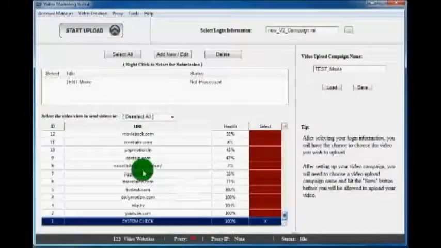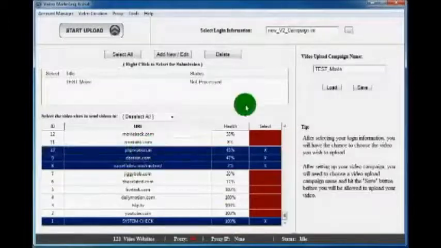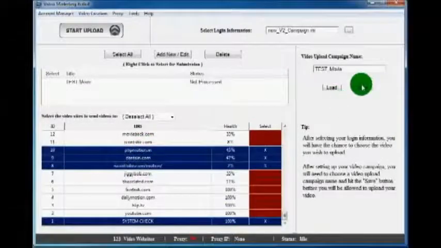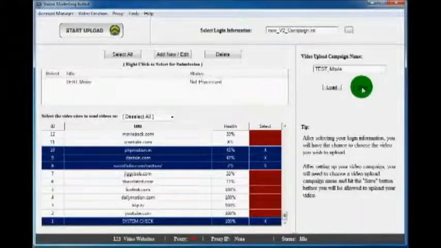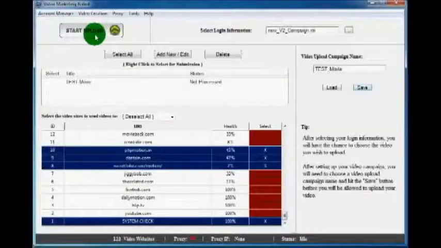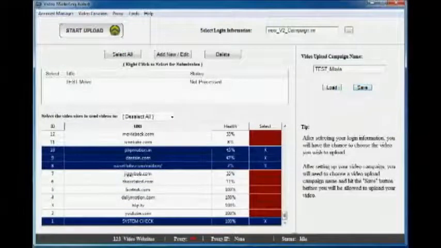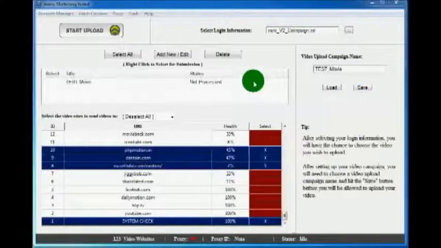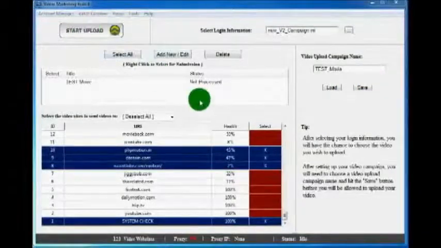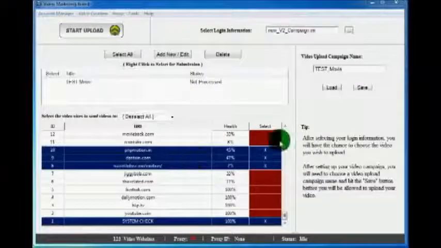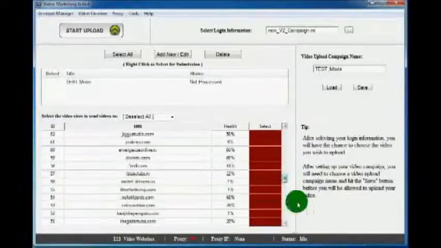Once you're done, we're just going to select a couple here. Once you're done doing that, you're going to hit save, and then you're going to be able to do start upload campaign. But before I show you the start upload screen, I just want to show you quickly this status